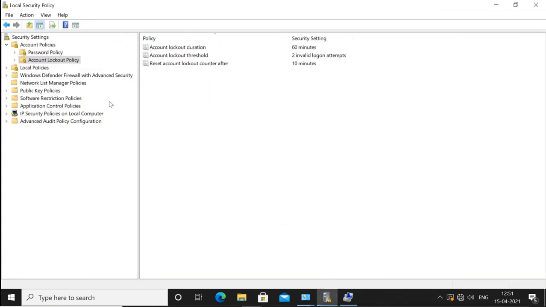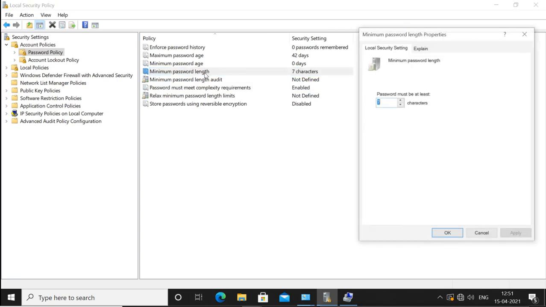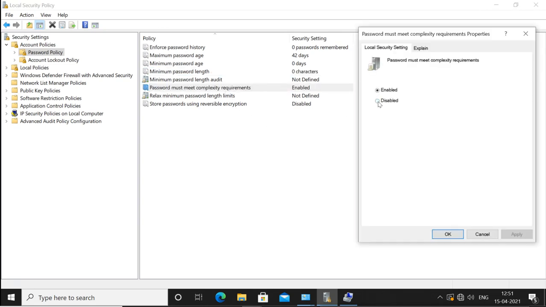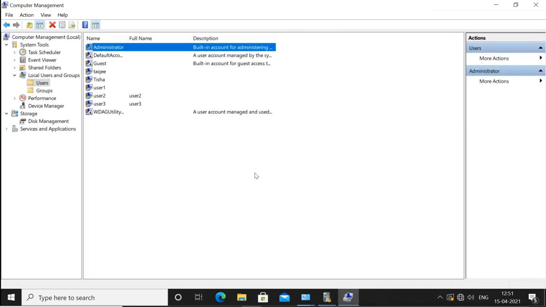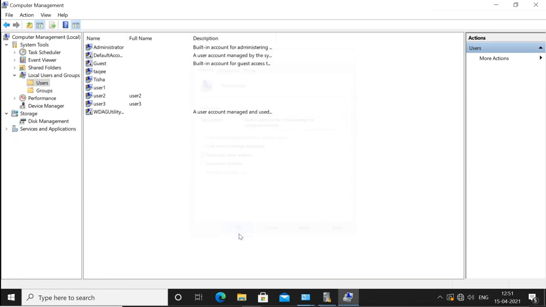In the password policy, if you see, I have enabled the complexity requirement and the 7 character minimum. So I will remove these. Now it is enabled because there is no policy saying you must have a 7 character password.